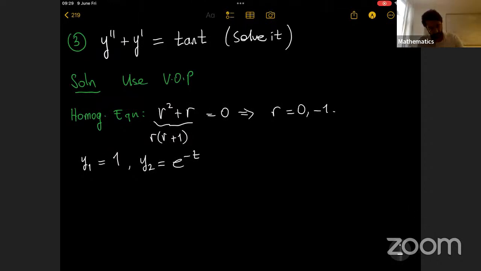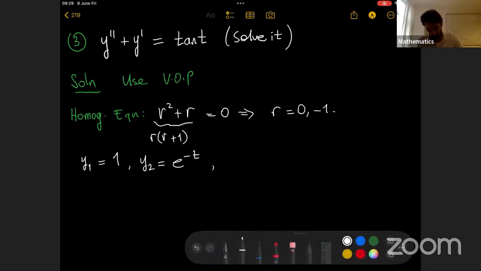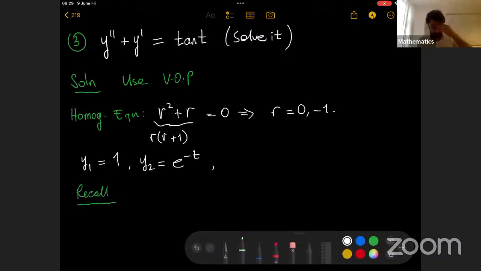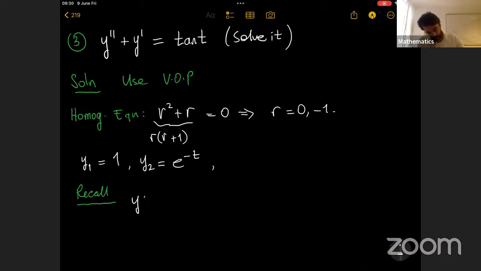Well, in this case, what we need to do is we need to find, maybe let me recall the formula for the second order version of variation of parameter. Y of t will be y1 times the integral,